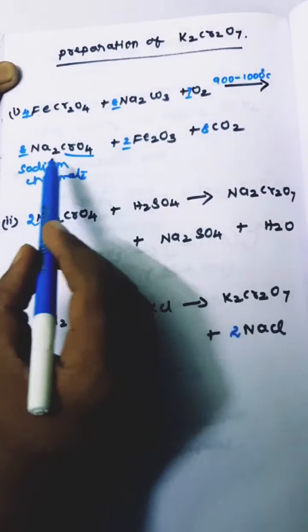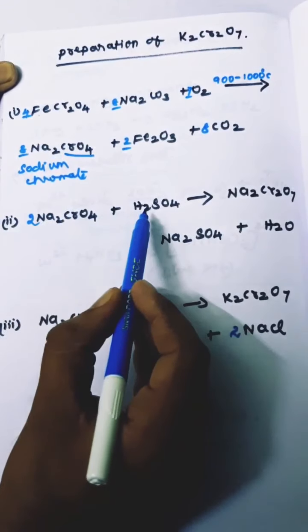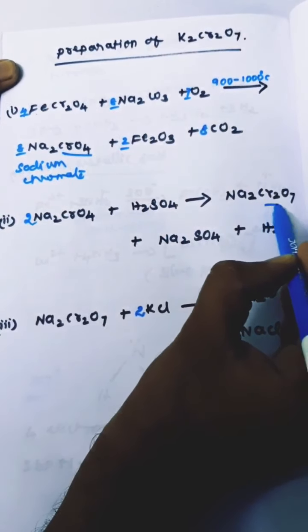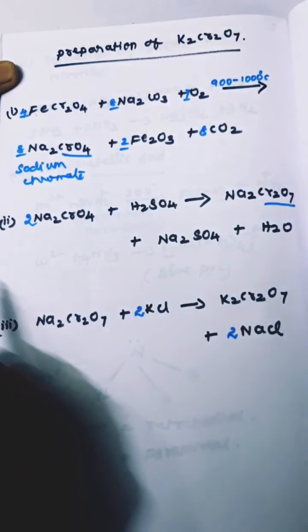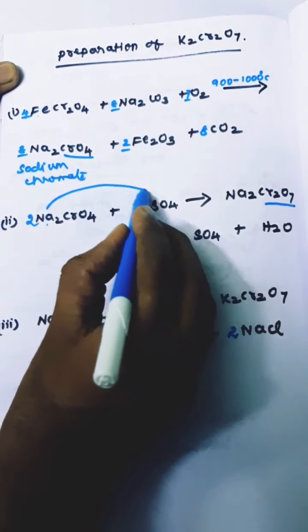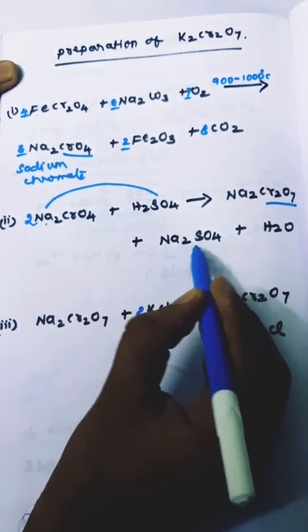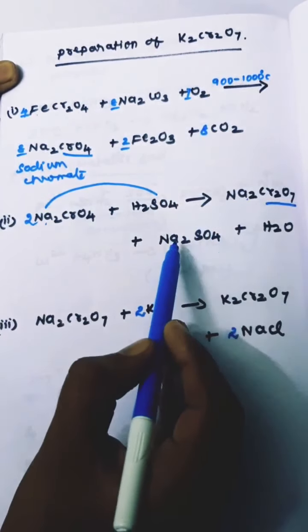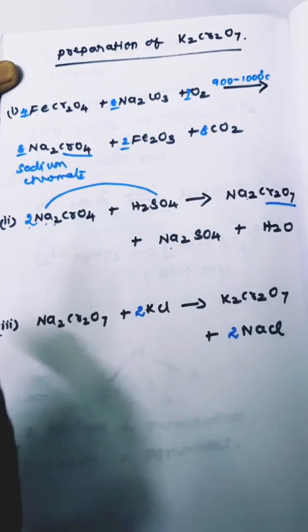Next, sodium chromate, when it reacts with sulfuric acid, is converted to sodium dichromate. Cr2O7 2 minus is the dichromate formula. The sodium reacts with the sulfate to give sodium sulfate. Of course hydrogen is there, so water is removed. So we have 2Na and 2Na, that's why 2 2s are 4Na.